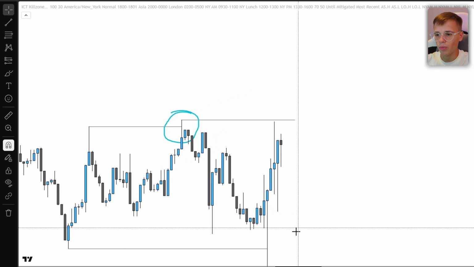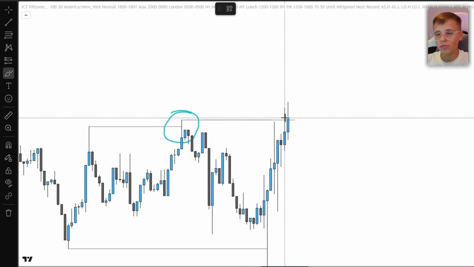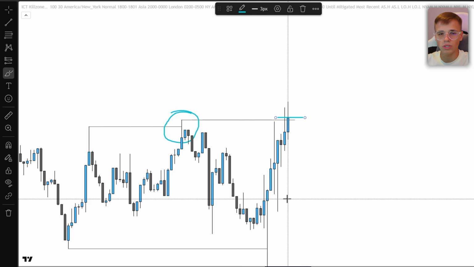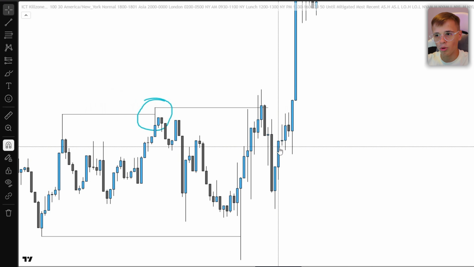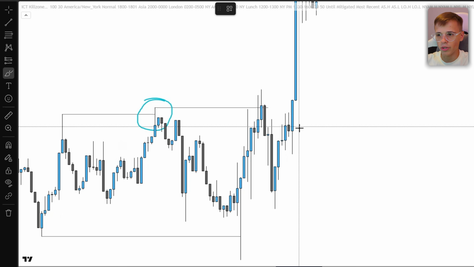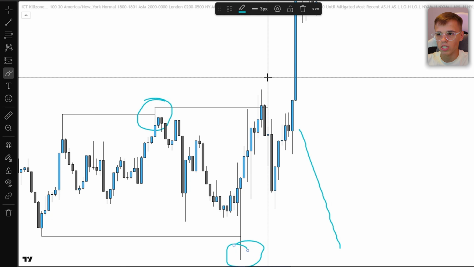But let's right now see what happened with this high up here. So you can see first the market swept it, and instantly after that the market swept it one more time, but this time it closed above that liquidity. So that is a pretty good indication that the market actually wants to go to the upside. So if we fast forward the market, let's see what happens. The market made just a little pullback. That was really a bait for everybody who thought that the market is going to go to the downside, and they were probably targeting this with their stop losses above here.